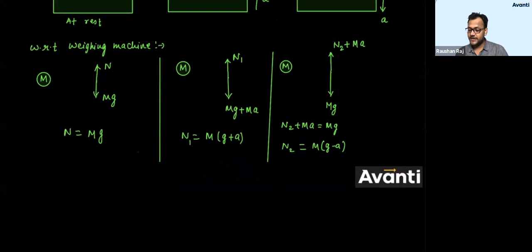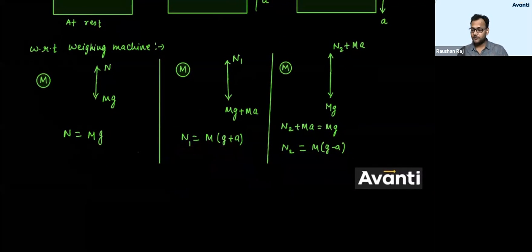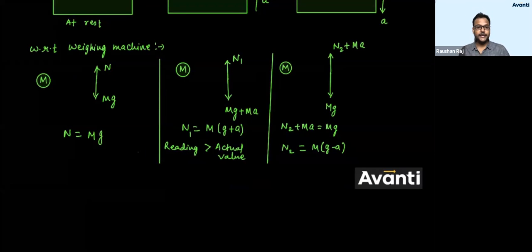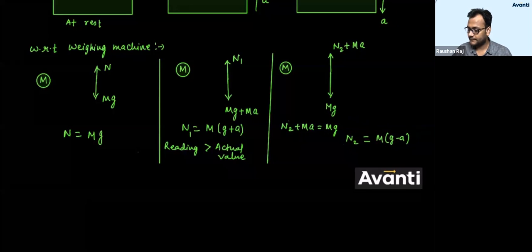मतलब बताओ बच्चे लोग, इसमें weighing machine will read larger value or smaller value? Here क्या होगा बच्चे लोग? तो reading will be greater than the actual reading. Here reading will be greater than the actual value. यहाँ क्या होगा बच्चा लोग, in third case, what will happen in third case? In this case reading will be less than actual value.